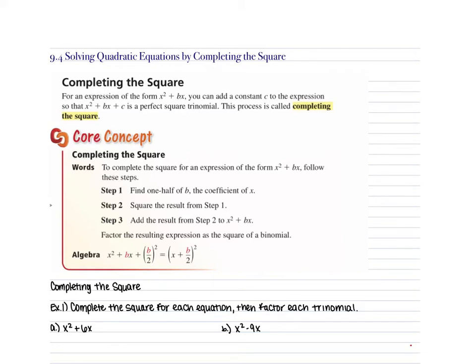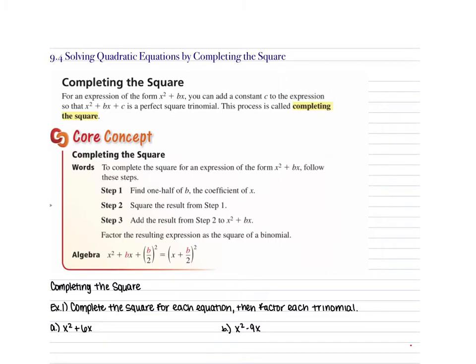9.4 goes over solving quadratic equations by completing the square. When we complete the square, we are finding a new c term in our trinomial to give us a perfect square trinomial. In order to do that, we have to use a formula that is giving us that c value. So c is going to be equal to your b value divided by 2 squared. So whatever your b value is, we're going to divide that by 2, and then we're going to square that